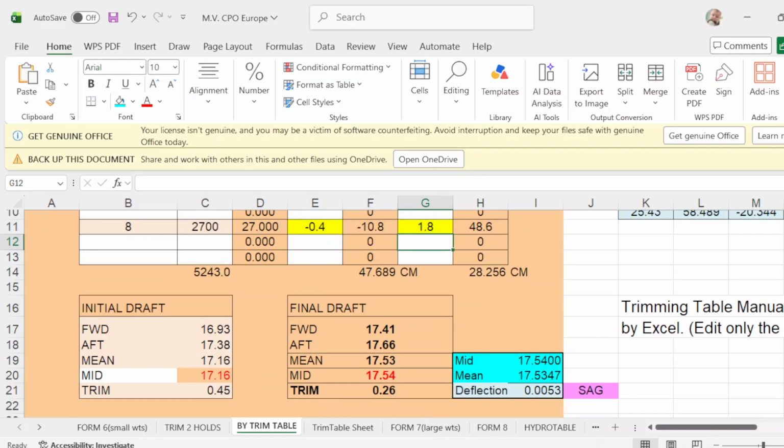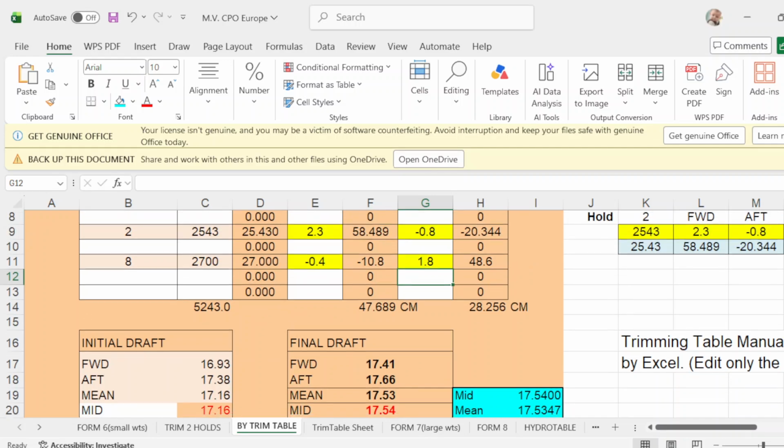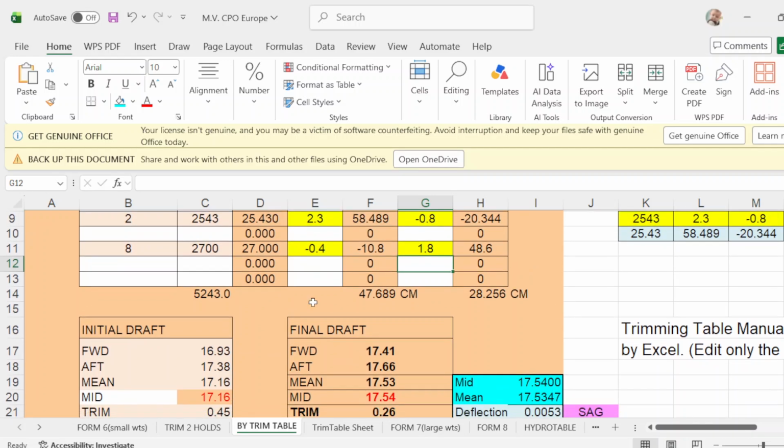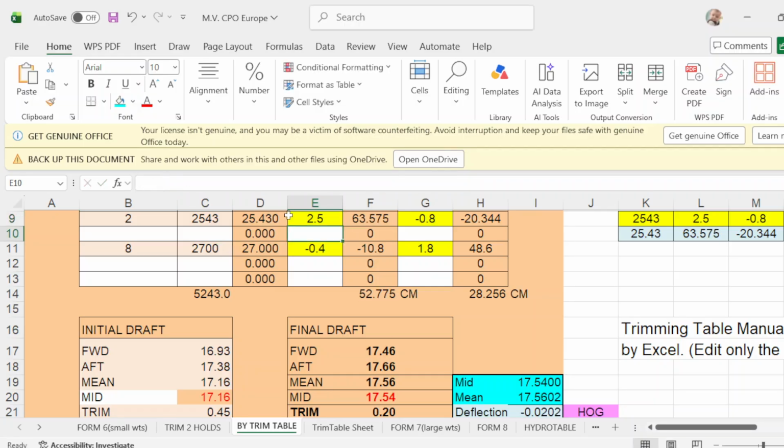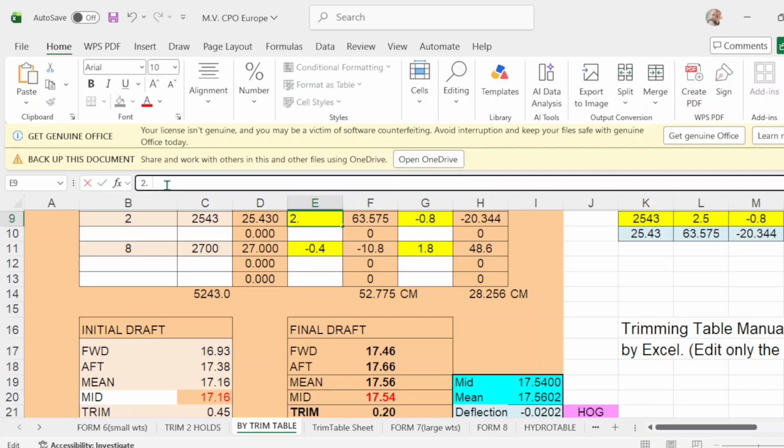So we adjust forward to 43. So we make this, let's say, this 46, 45, this is 45.